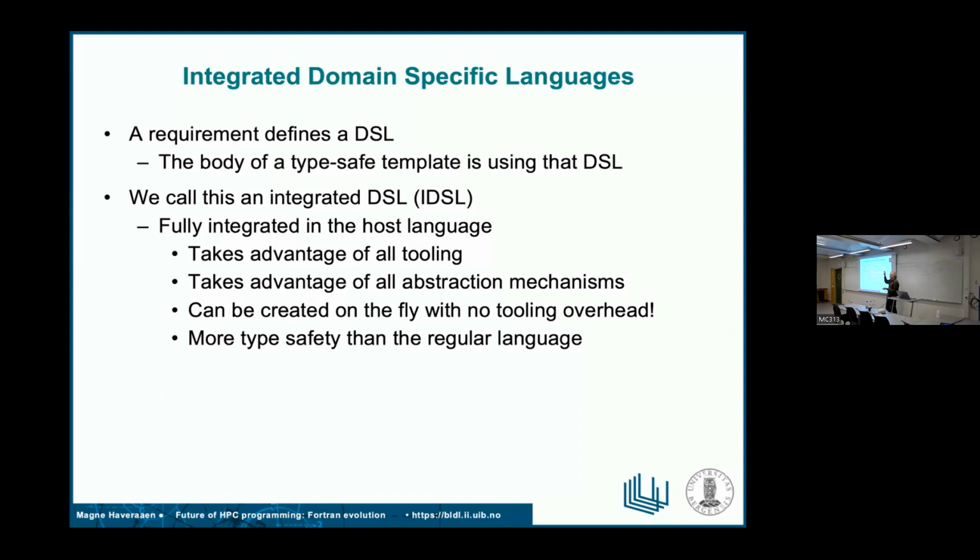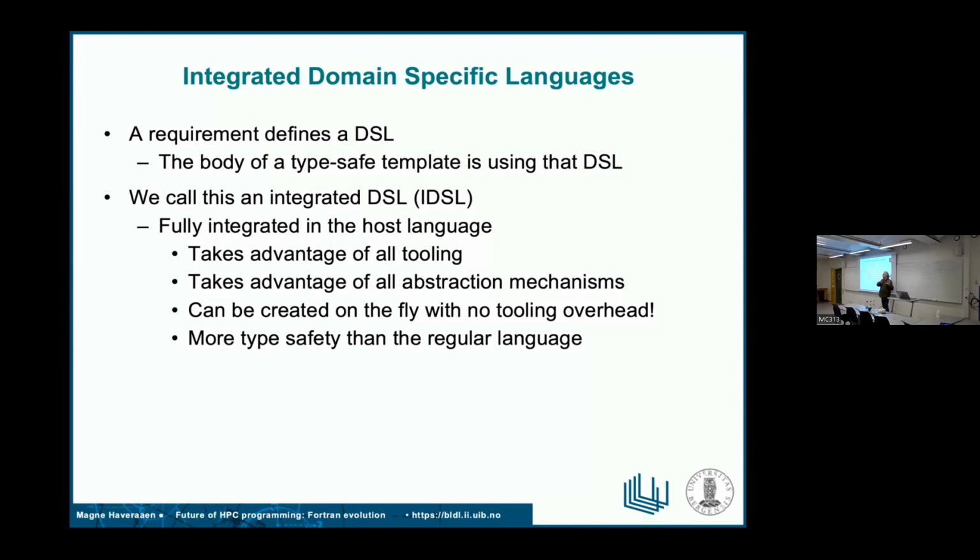Again, this is something we get with type-safe generics, type-safe templates, which you don't get with non-type-safe templates. In the type-safe templates, we're checking that the body of the template code belongs to the DSL, belongs to the requirement. So you're getting the benefit that inside the template body, however large or small it is, however many functions you put in there, you are getting something in the domain that you designed the requirements for.